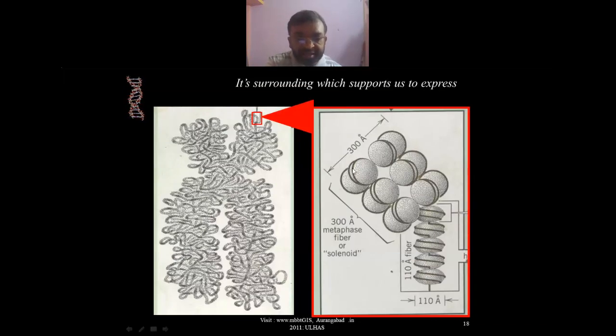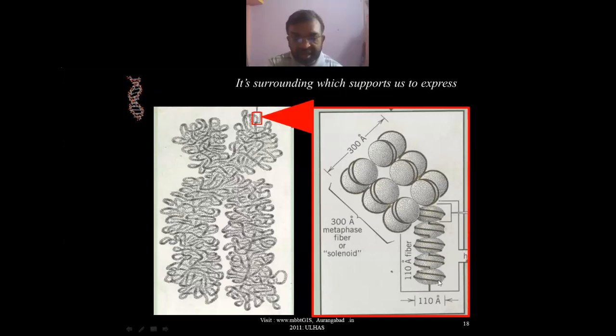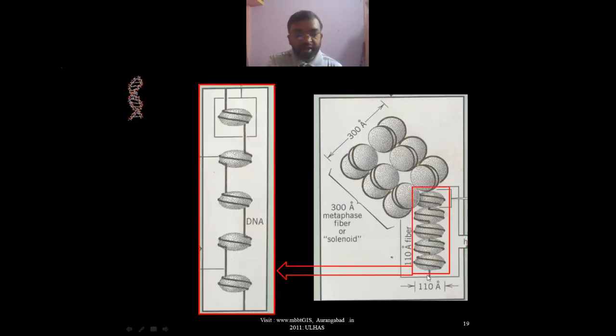So you find that the thread is wound around protein molecules. These are typical circular, spherical structures. These are the protein molecules. Can anybody tell which proteins are present within a chromosome? Histone protein. Very nice. So these are the histone proteins, and on these histone proteins, these are the threads, and this thread is nothing but DNA. Now we are going to analyze one more. When this particular structure is enlarged, it is like this. These are the histone proteins, and this is the DNA.